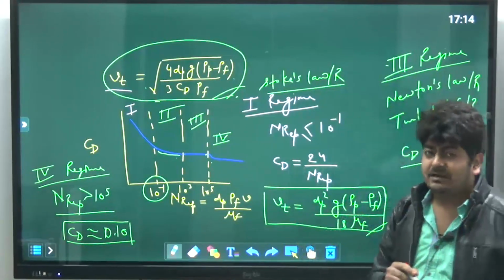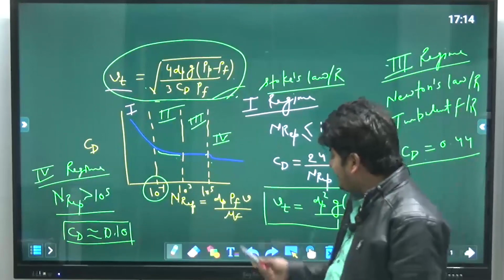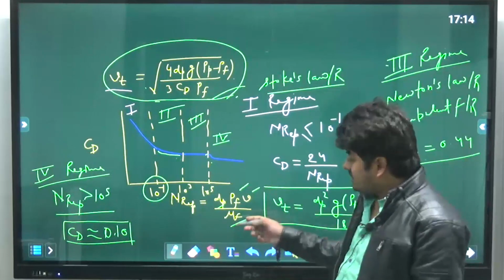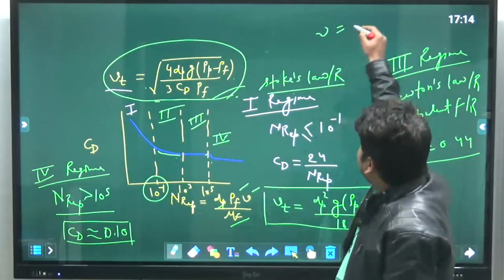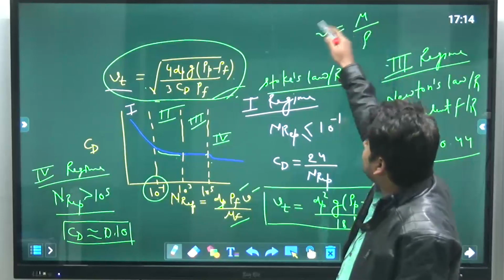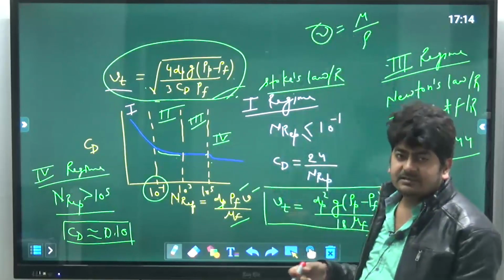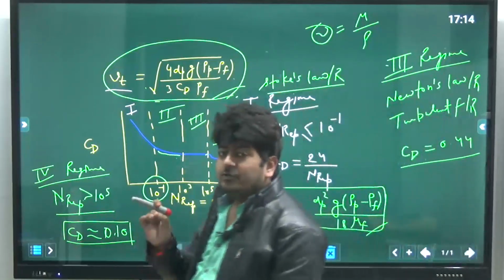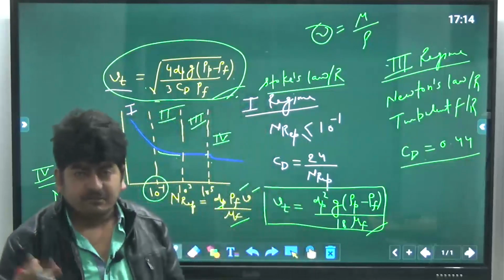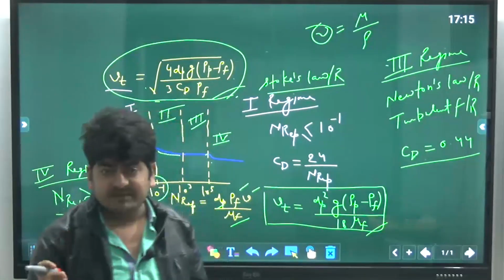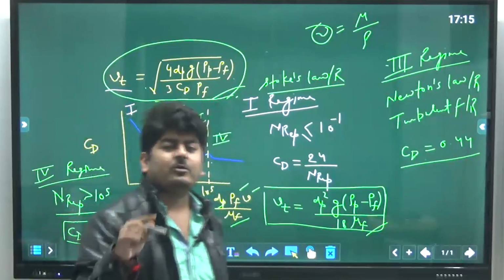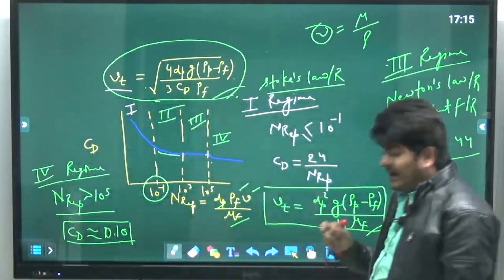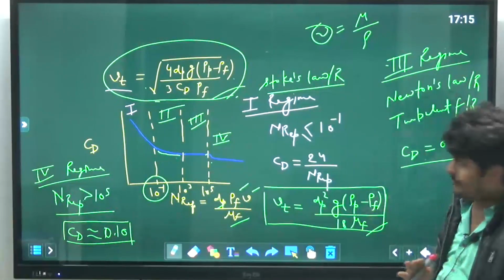And to calculate the particle Reynolds number, you must have the values of diameter, density, velocity and viscosity. I hope you know that the ratio of dynamic viscosity to the density is known as kinematic viscosity. So sometimes in a question kinematic viscosity is given, and if it is not given, then you must know the kinematic viscosity. By default, you must know the values of kinematic viscosity for water, that is 10 to the power minus 6 meter square per second, and for air. So by default these two values should be known to all of you.